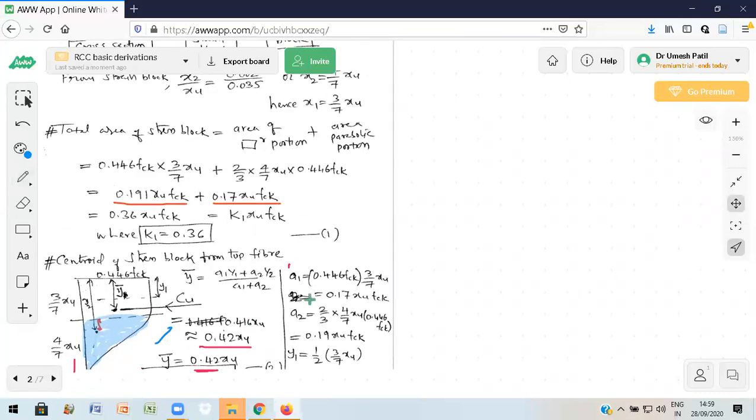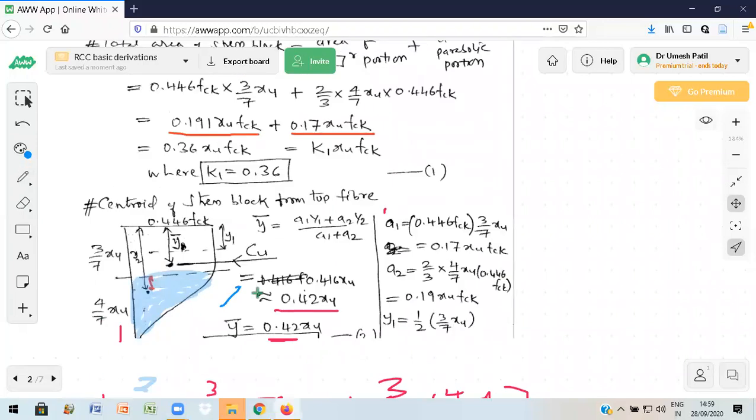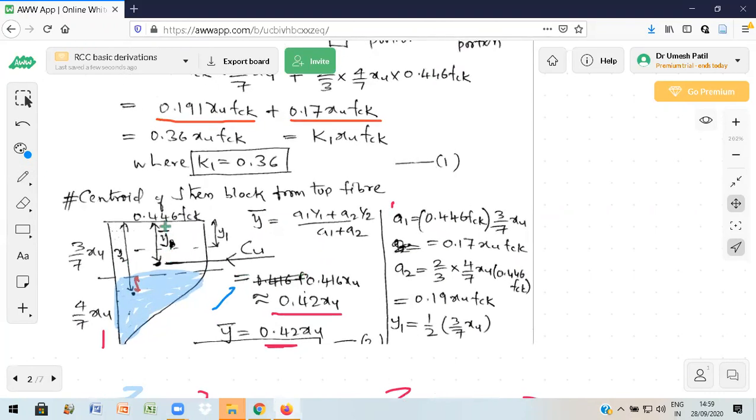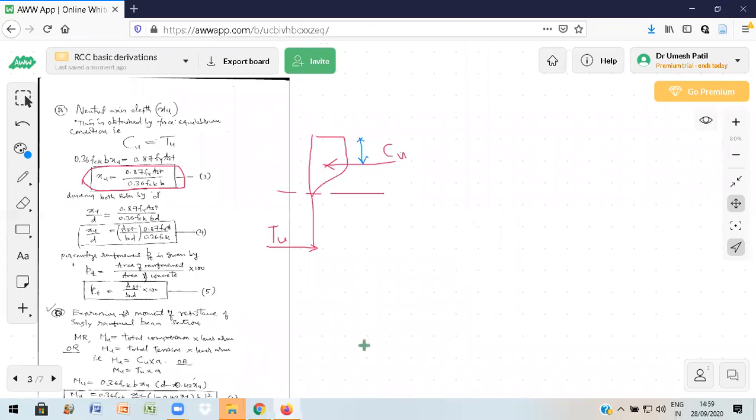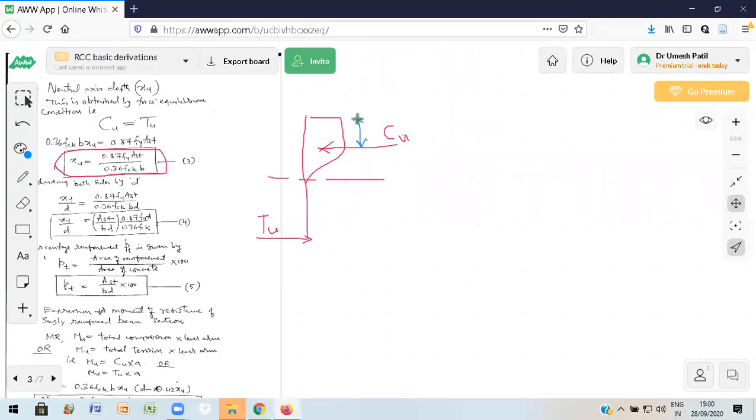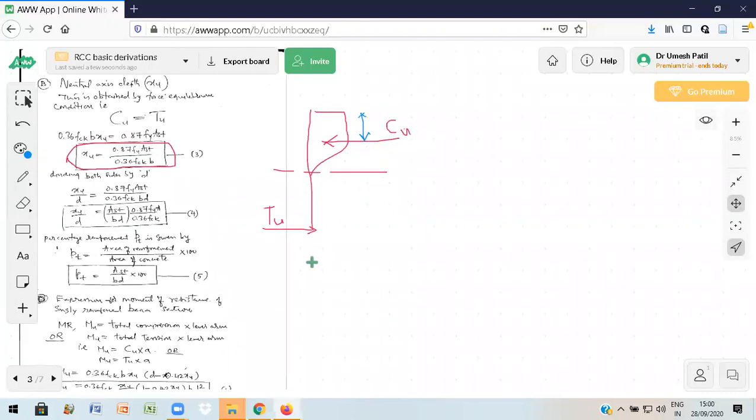Just observe this. So Cu, this is y bar. What is this y bar? Centroid of the entire stress block. How I got it? y bar is equal to A1 y1 plus A2 y2 by A1 plus A2. In this way, I am able to find y bar, which is equal to 0.42 xu. So my question was, how much is this? It is 0.42 xu. Okay, any doubt in this? This will be 0.42 xu because